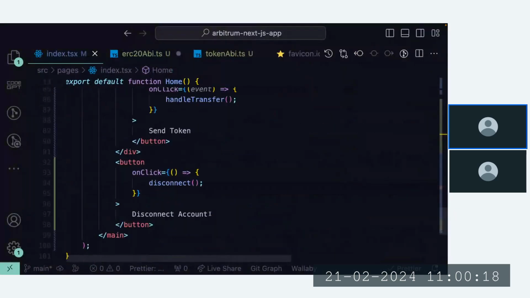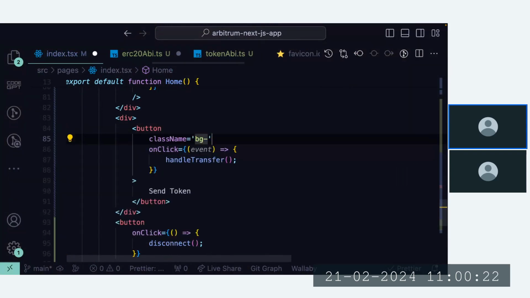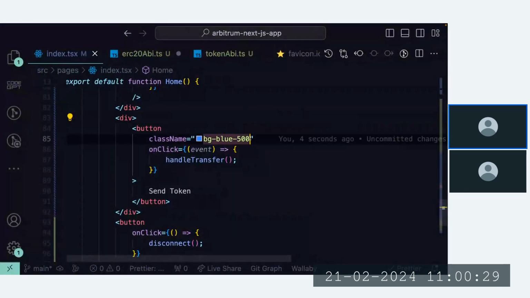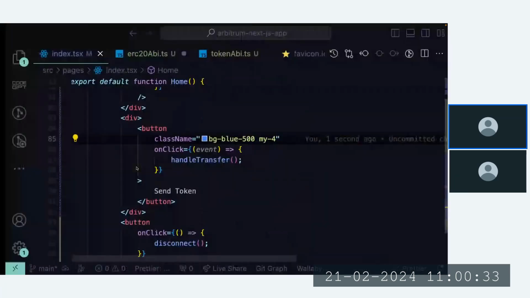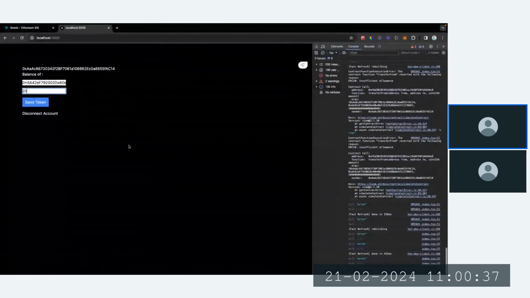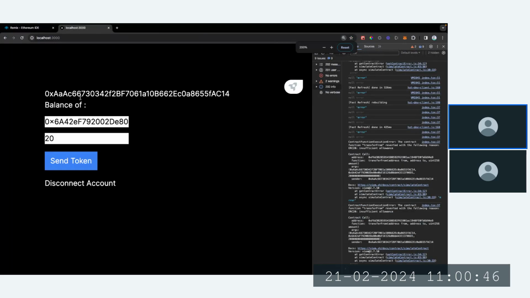Let me add a background color to our button so it doesn't look plain. BG is what? Do 500. Okay, now we have a visible send token button. I believe, let me zoom this in. So what happens when